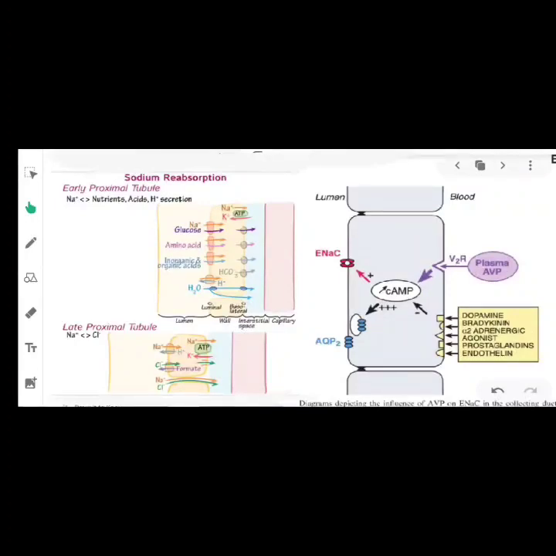Okay, so reabsorption of sodium occurs in the early proximal tubule and late proximal tubule. In the early proximal tubule, the reabsorption occurs with the symport, with glucose and amino acid. This is the symport, sodium and glucose, and here